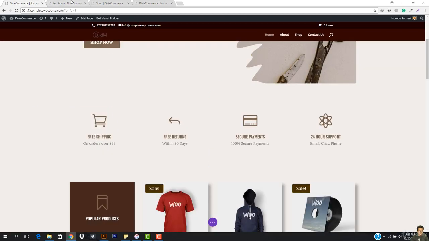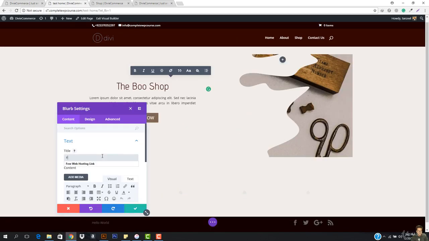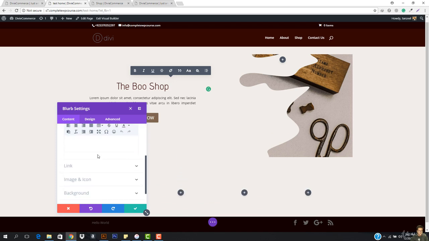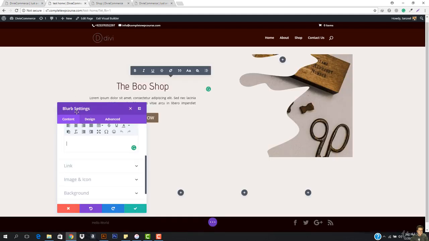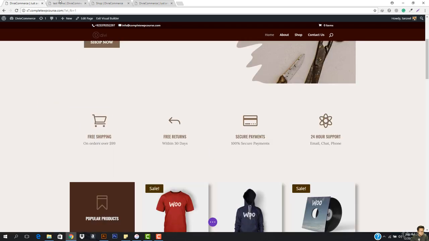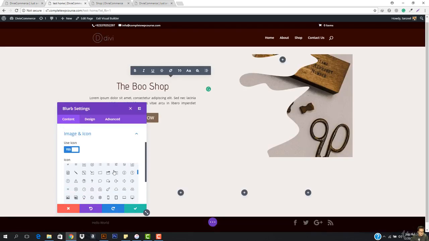So the title is going to be free shipping. Okay. I want to come here and add free shipping. Okay. And the content is going to be on orders over $1.99. Okay. Here I want to go with the icon. So the icon should be use icon. And I need a truck. Basket. So